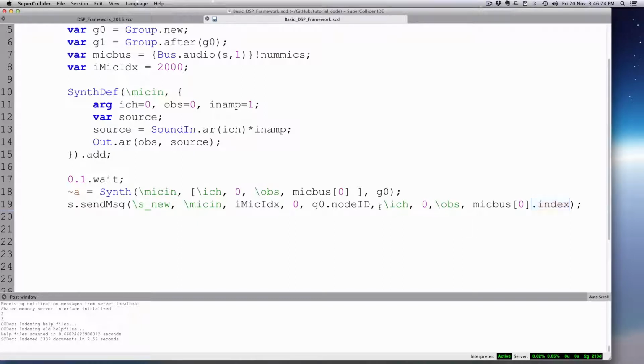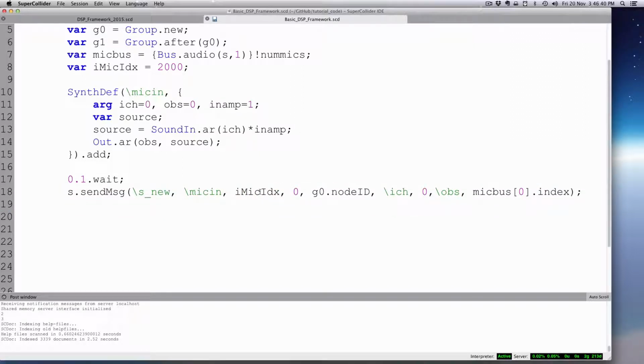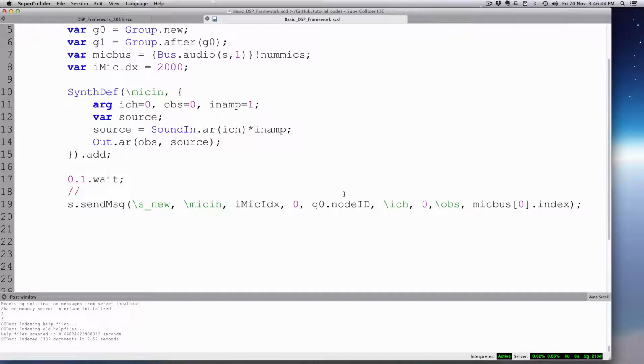Okay, so this does exactly what this does. Okay, so that line does what that line. It's just a different format, and will be helpful in the amount of control we have over that particular node, which will be that ID with 2000. Okay, so let's get rid of that line because that's doing that, and we could make a little comment. We'll say create mic in